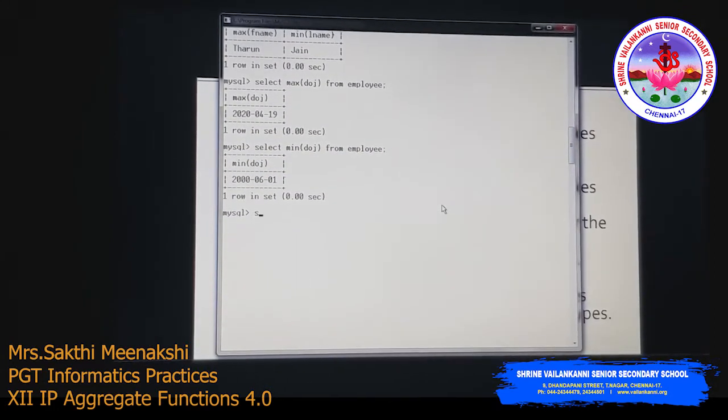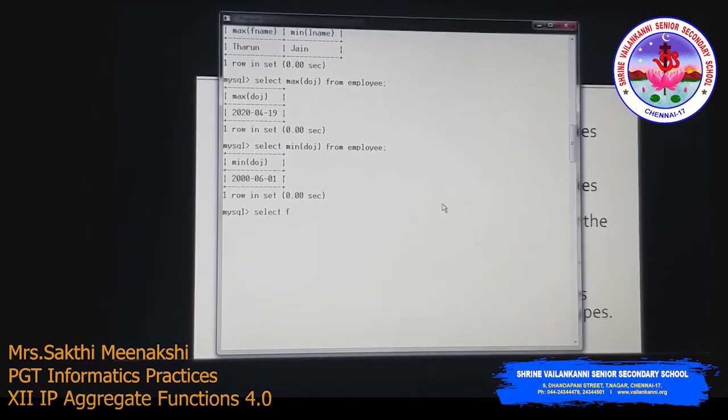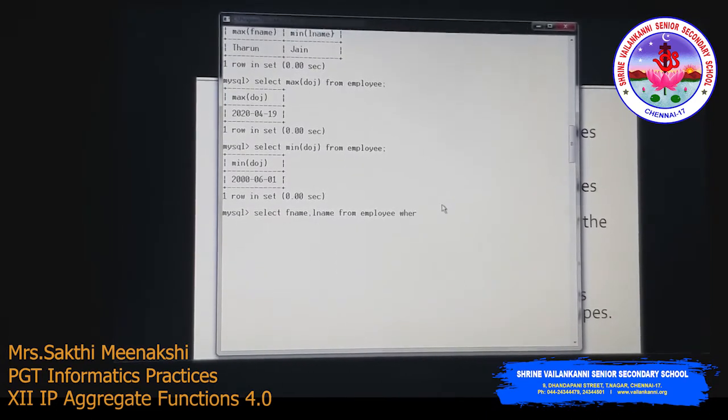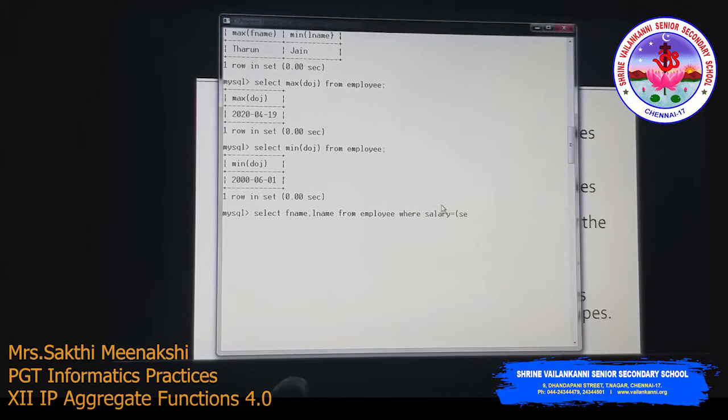The syntax is, we need names, right? So select F name and then L name from employee, where salary is equal to, I'm going to use one more query here.